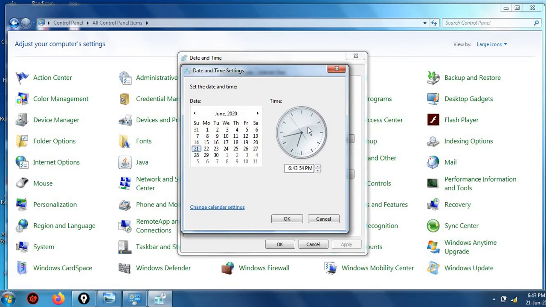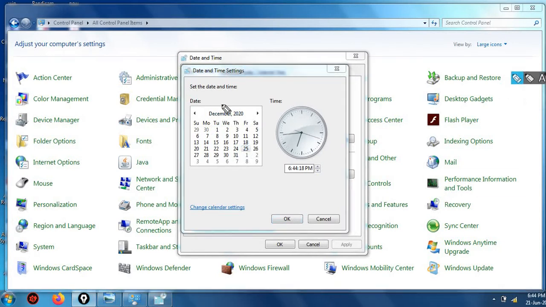Now in this, you see June 2021 is selected. Suppose I want to change the date. Suppose I want to set it to 25 December. So from here I will change to December 2020 and click on 25.